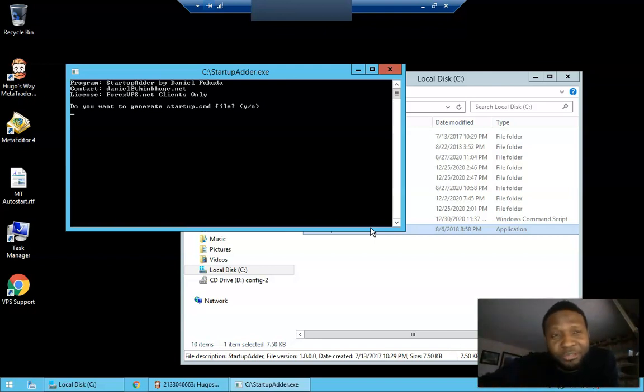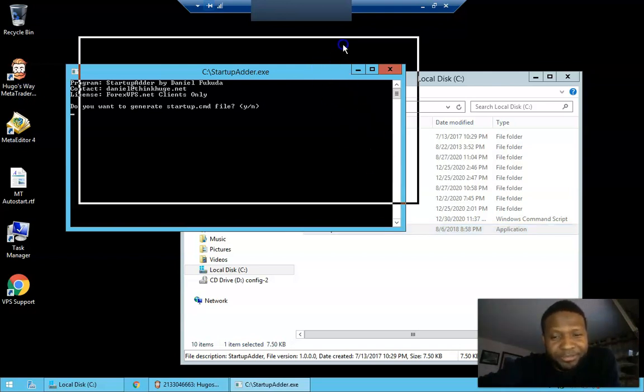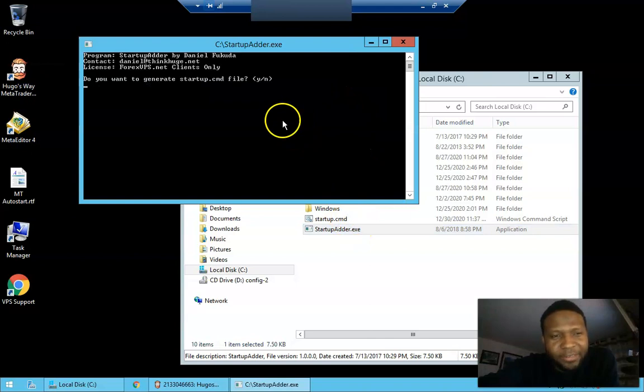So if you already logged in, then just carry on with this. Otherwise, you'll have to log in as administrator on any other server or operating system that you're using, and you should be able to follow these prompts in this video as well, and hopefully they should work for you. So once you double click on the startup adder, which is what is here,